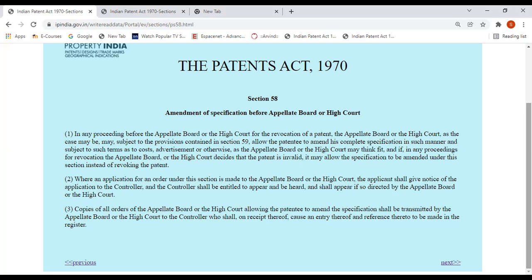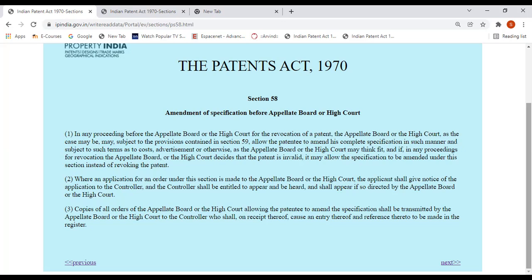Now, suppose I am amending that part. So the High Court has to notify the patent controller that for this application or this specification, this part is amended. They call upon the controller, and the controller performs a hearing with the applicant: at what stage, and with what reason, do you want to amend your application? After the hearing, if the controller is satisfied that, okay, let's allow the amendment of this application,